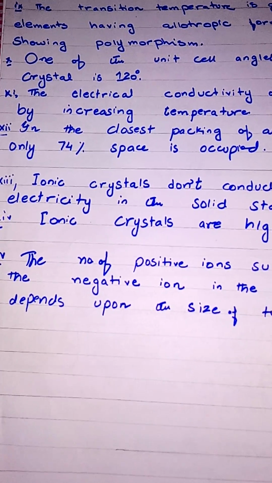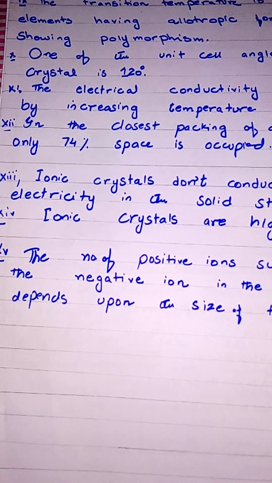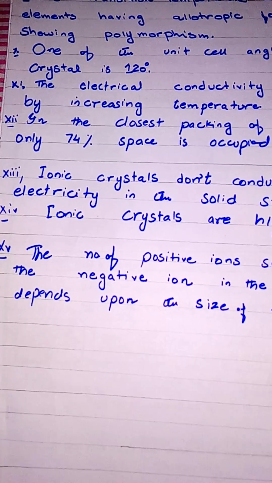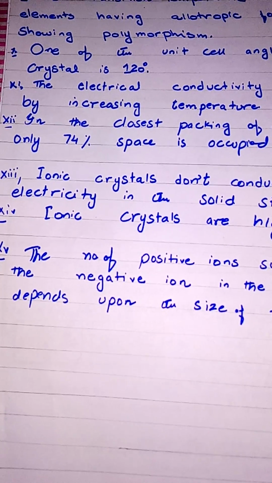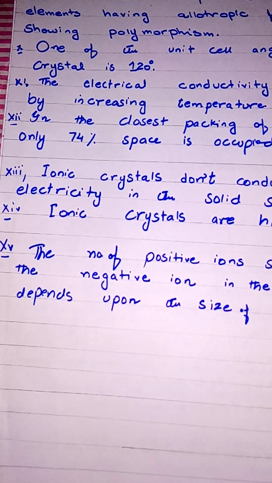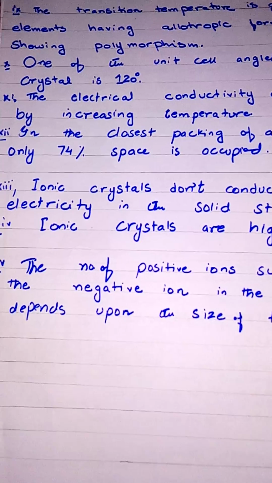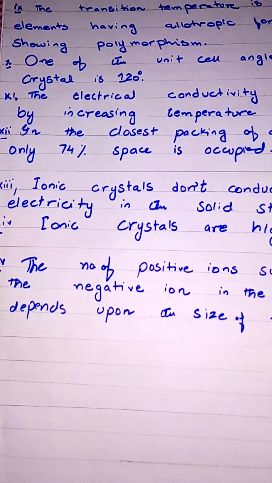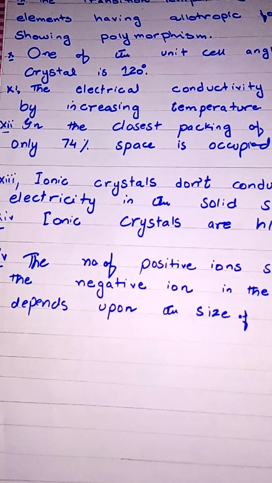Students, when we increase the temperature of a metal, its atoms also show vibrational motion, which causes hindrance to the flow of current. These nuclei produce hindrance in the motion of free electrons. Hence electrical conductivity decreases. Okay, next question is: in the closest packing of atoms of metals, only 74% of space is